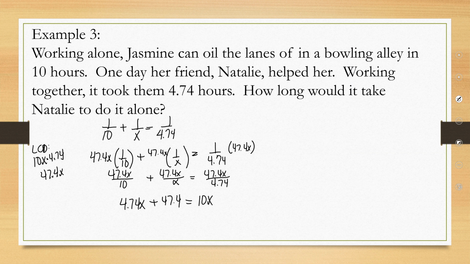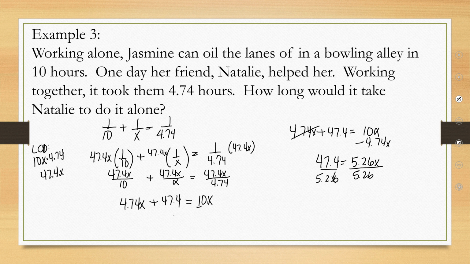Okay, so now we just have back to regular equations. We're going to subtract 4.74x from both sides of the equation. Here, let's do that a little bit better. So we're going to do 4.74x plus 47.4 equals your 10x. Subtract that 4.74x on each side. So now 47.4 equals 5.26x. And when you divide both sides of your equation through by 5.26, you will get x to equal